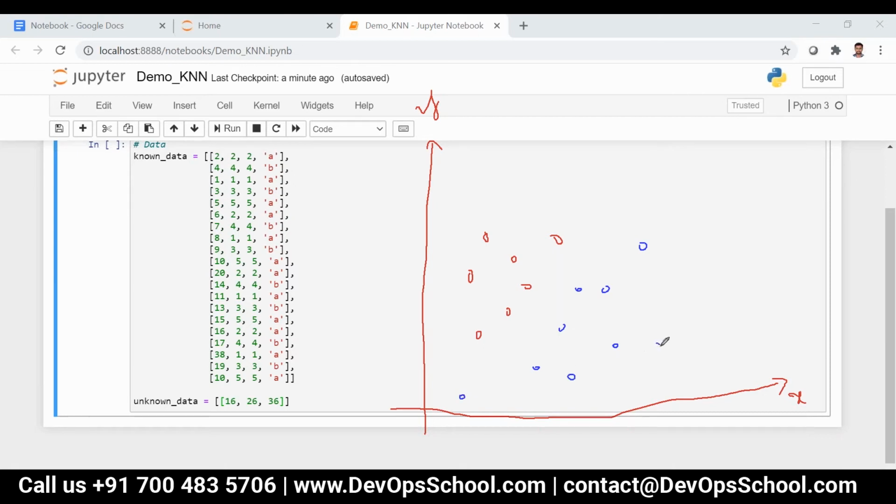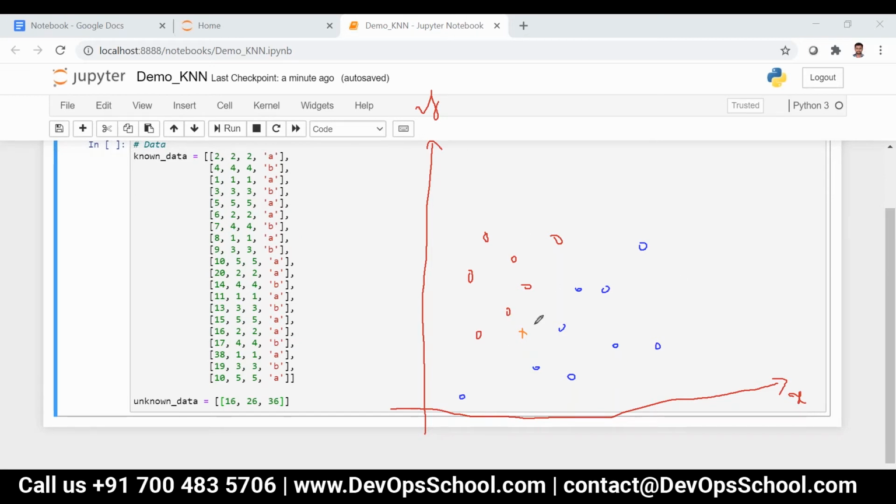Now consider there is one new data point coming. Let's say this is the new data point, over here. What we have to do is find the distance between the new data point and all the data points.